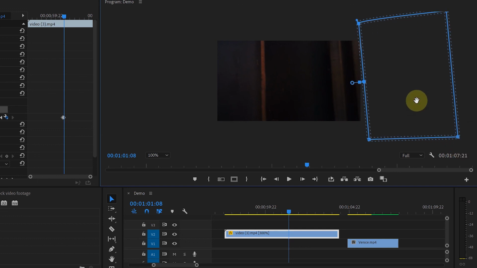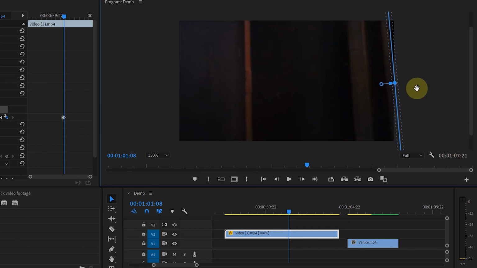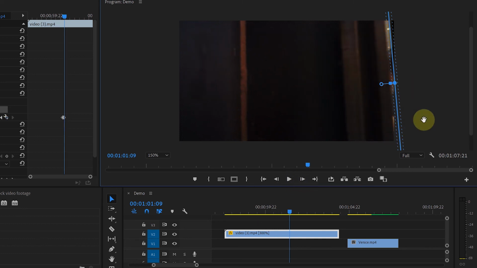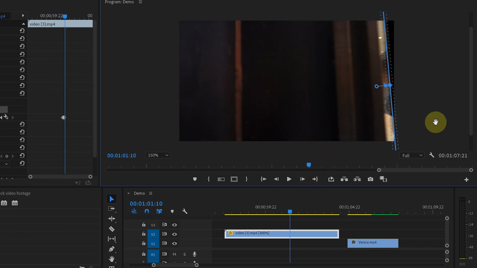I'm using the keyboard shortcuts plus and minus to zoom in and zoom out the Program Monitor. Then move one frame forward and move your mask to cover the area. Again, move forward one frame and move the mask to cover the area.